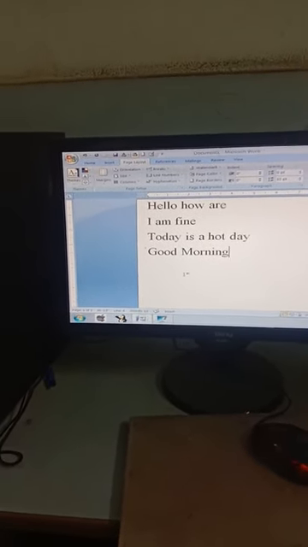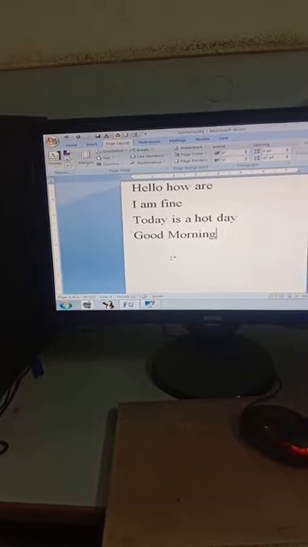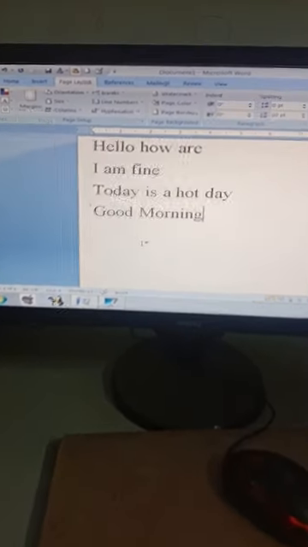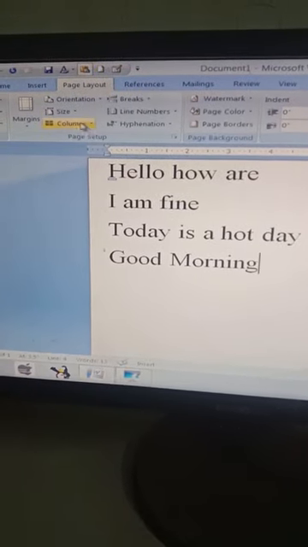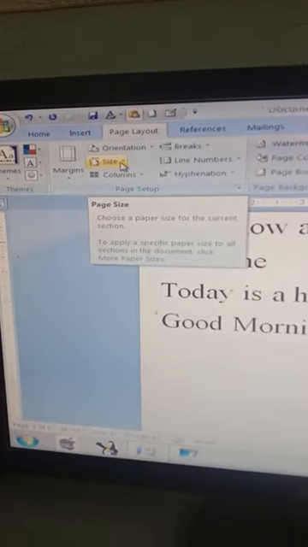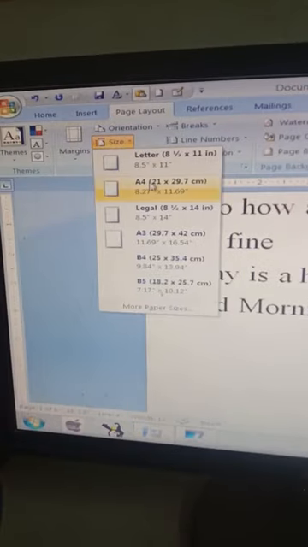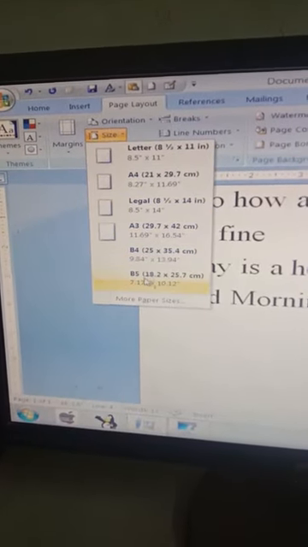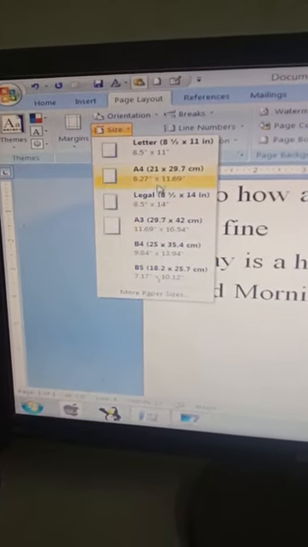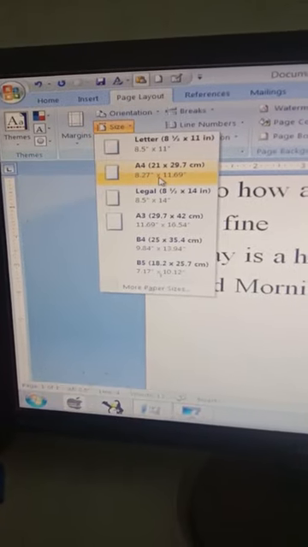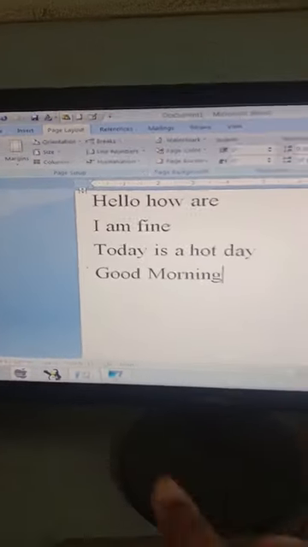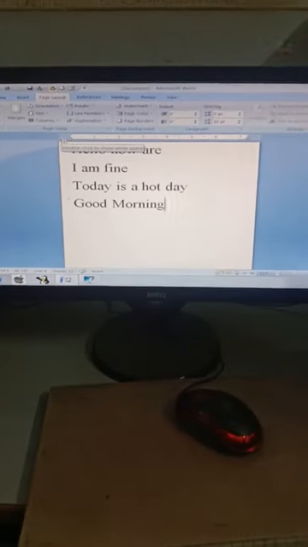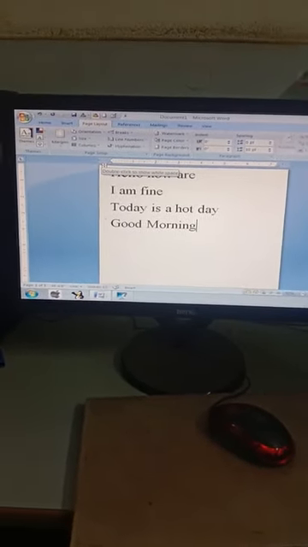Now changing the page size. We can change the size of the page. How can we change it? First of all, move to the page layout tab, page setup, move to size. As soon as you click on size, different types of pages appear over here. You can select any of the pages in which you want your document to be printed. Suppose I have selected A4, the document in which I wrote got converted to A4 size.